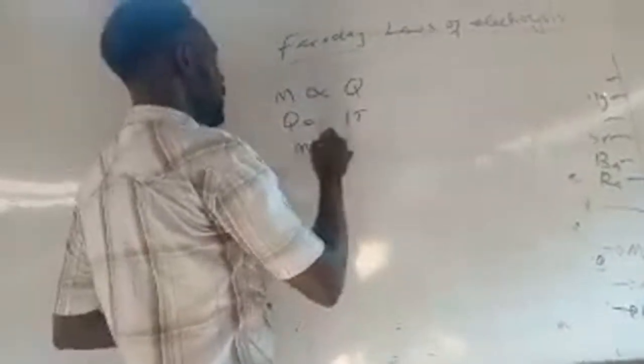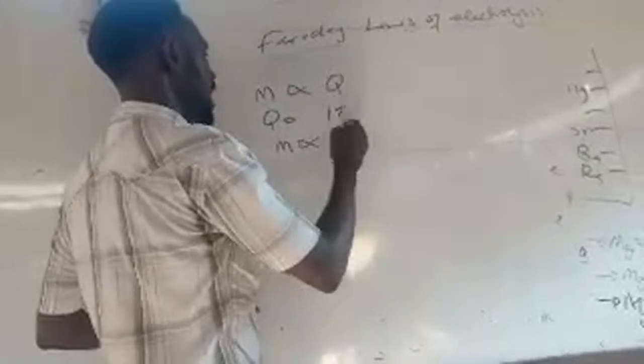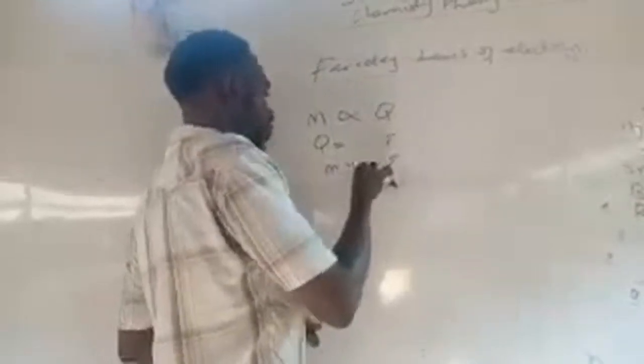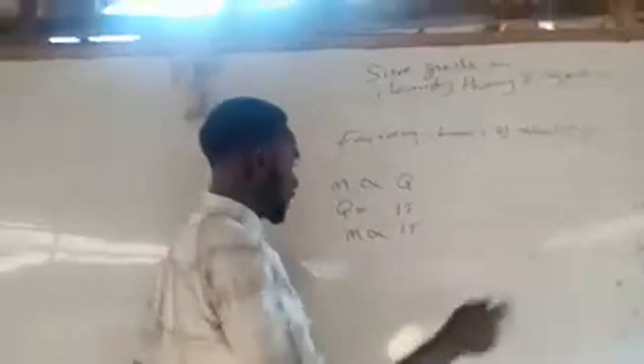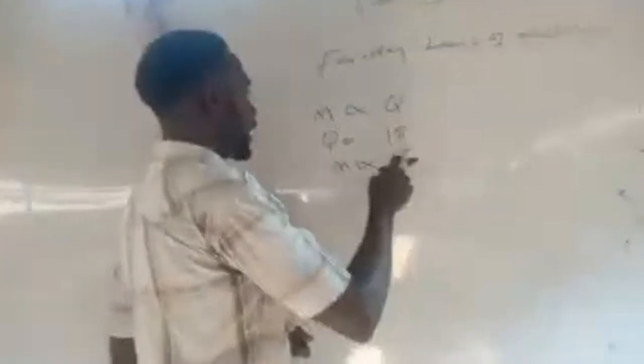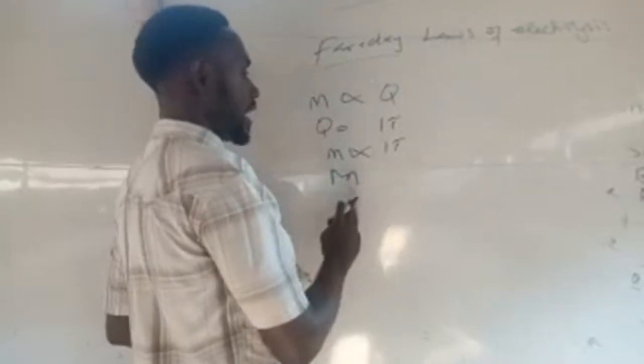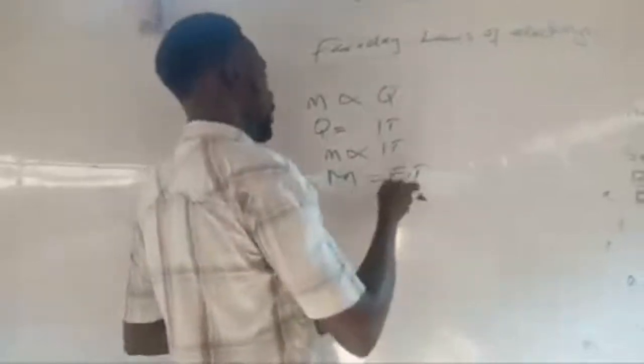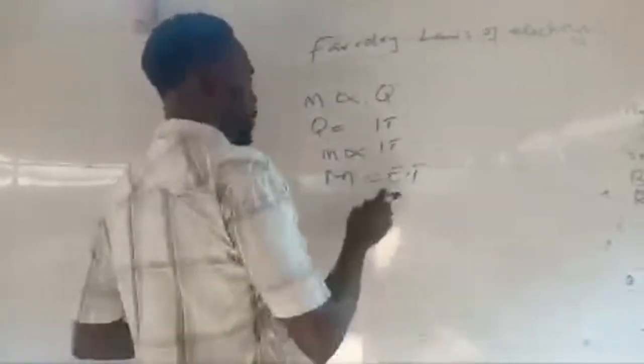Then we have that the mass of element discharged is directly proportional to the current and the time of flow of the current. That's just the first law. The mass of elements discharged at the anode and the cathode during electrolysis is directly proportional to the current and the time of flow of that current through the molten or solution form of the compound of the element in question. To remove the sign of proportionality, we put a constant known as the electrochemical equivalent. So M equals EIT.